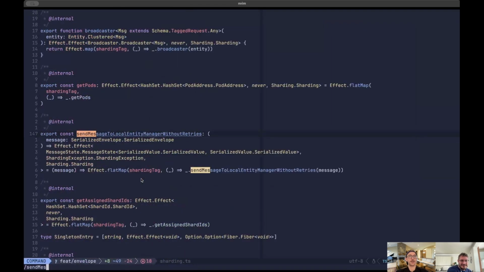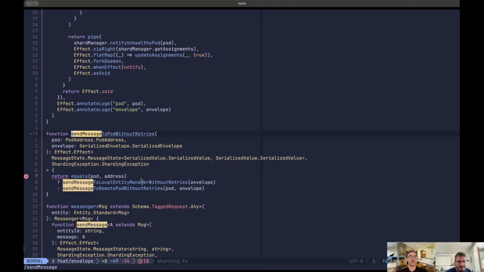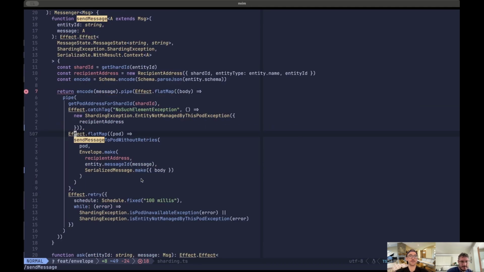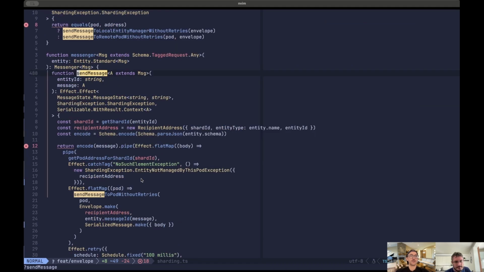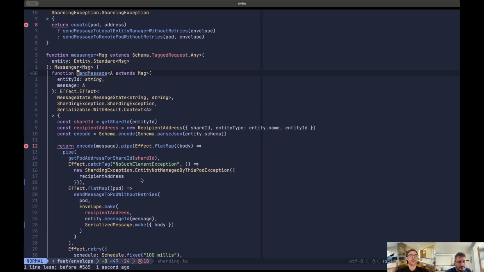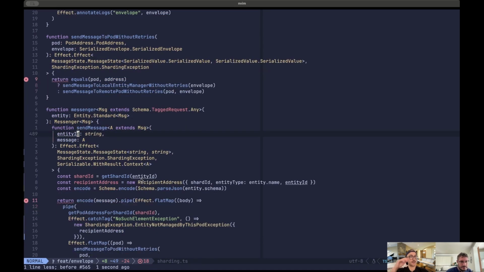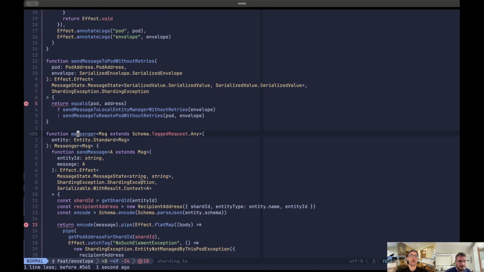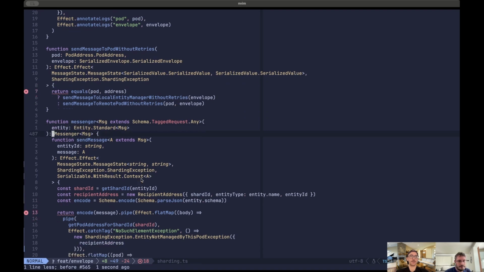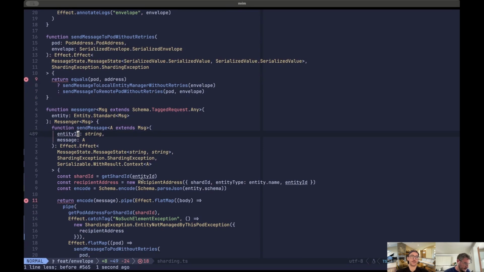Sharding is the thing that we discussed earlier, which is responsible for creating messengers and things like that that can actually be used to send messages to pods and entities, or to entities rather. So you would use sharding to create a messenger for an entity,